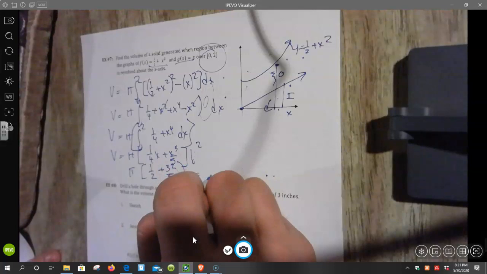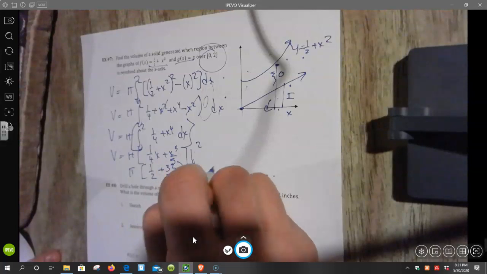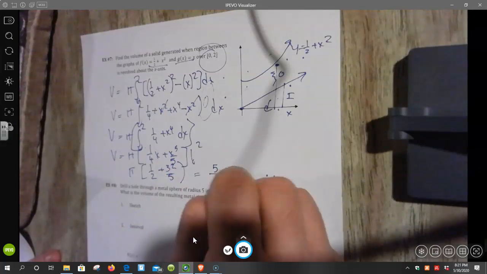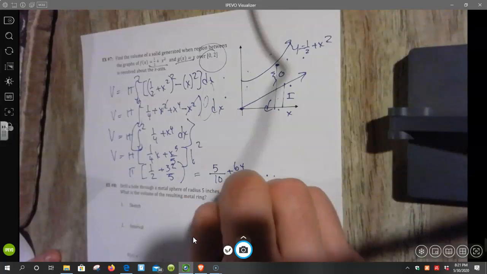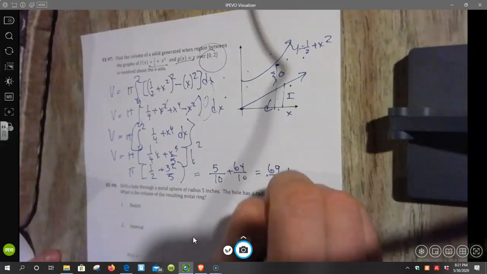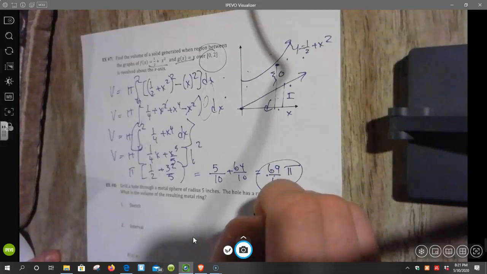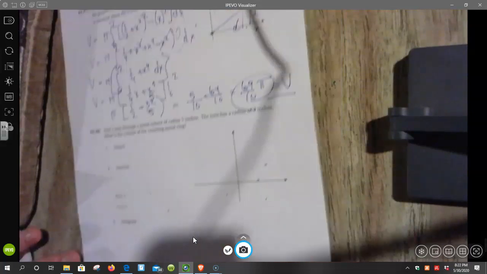So we get a common denominator of 10. It's going to be 5/10 plus 64/10. So it's going to equal 69/10 times pi. So 69 pi over 10 is going to equal our volume. And our last one there,